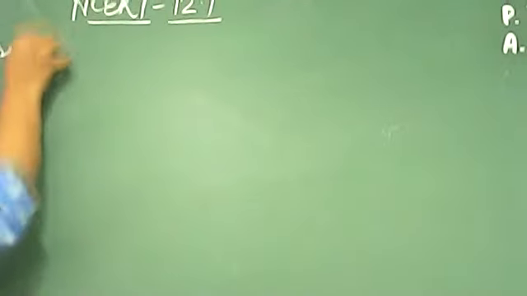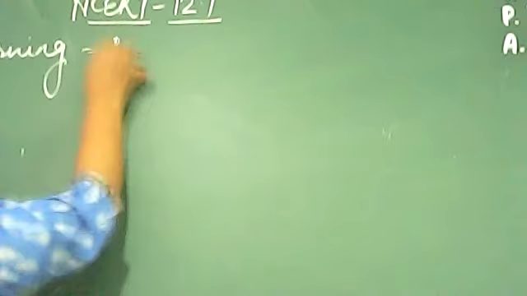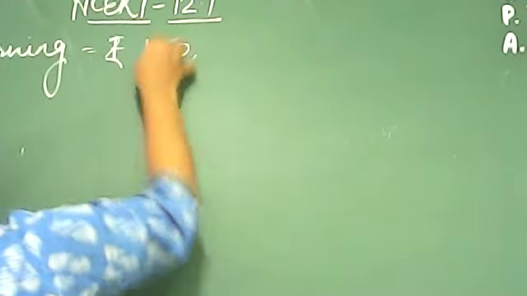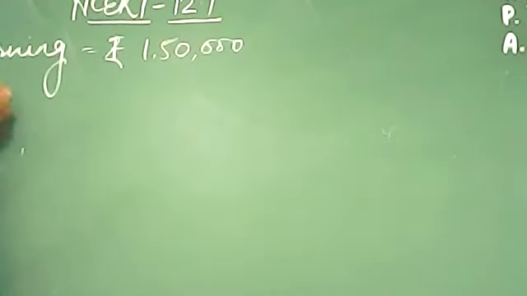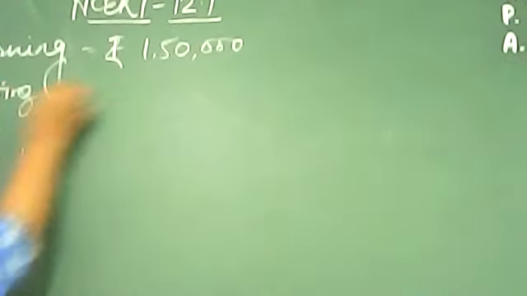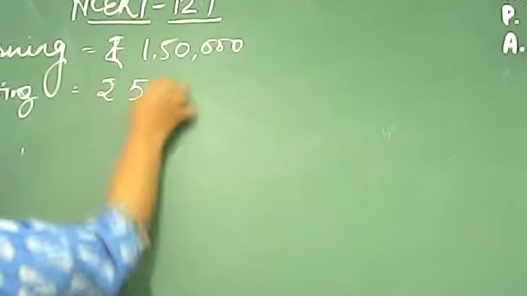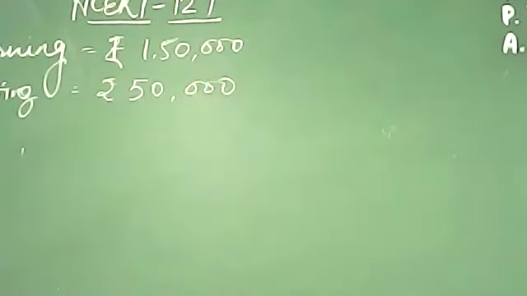1,50,000. Okay. Now you have to find out the ratio. सबसे पहले लिखते हैं यहाँ पे. Just a second. Earning is rupees 1,50,000. Saving was rupees 50,000. Question number 8 it is.